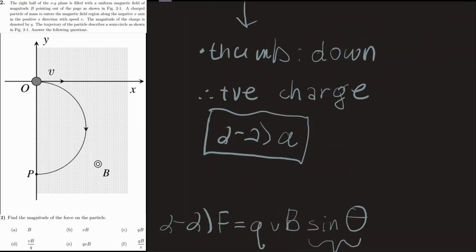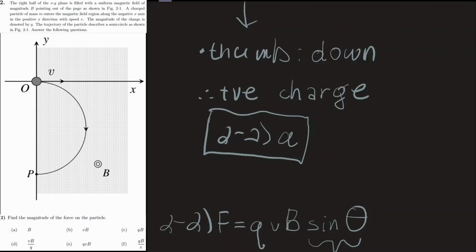Next is part 2, which says find the magnitude of the force on the particle. So for this, we use the equation of the magnetic force on a charged particle inside a magnetic field. It equals QVB sine theta. Q, V, and B are all just given in the question,